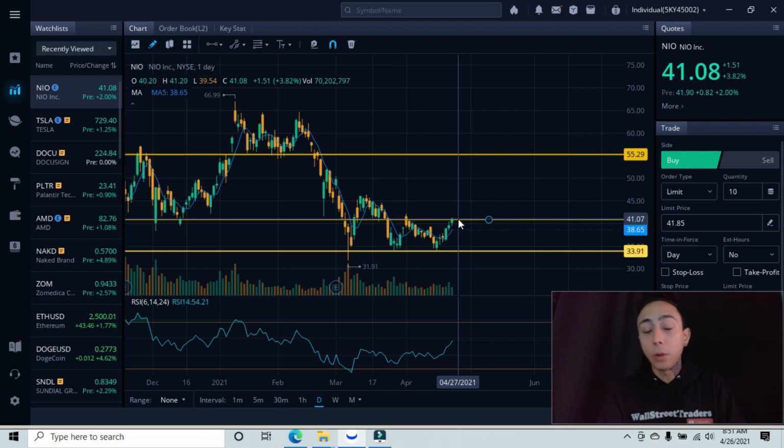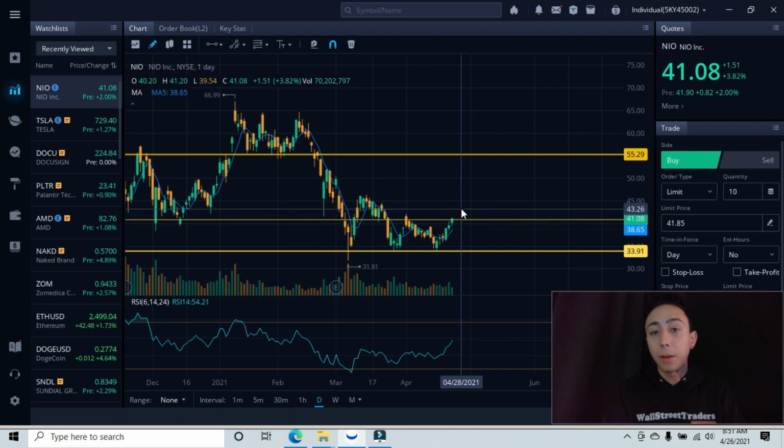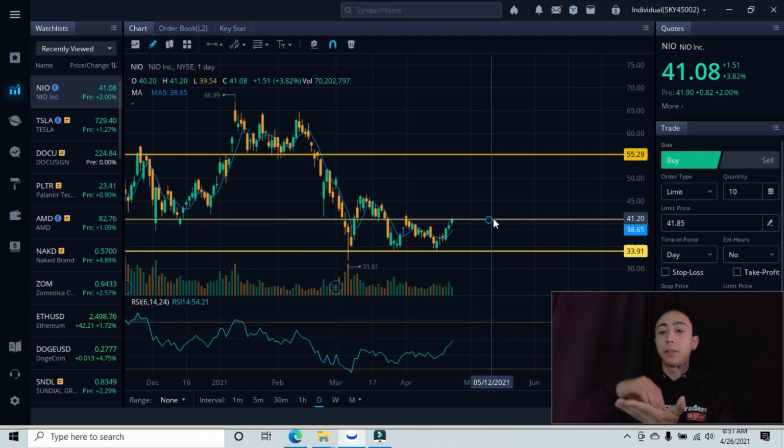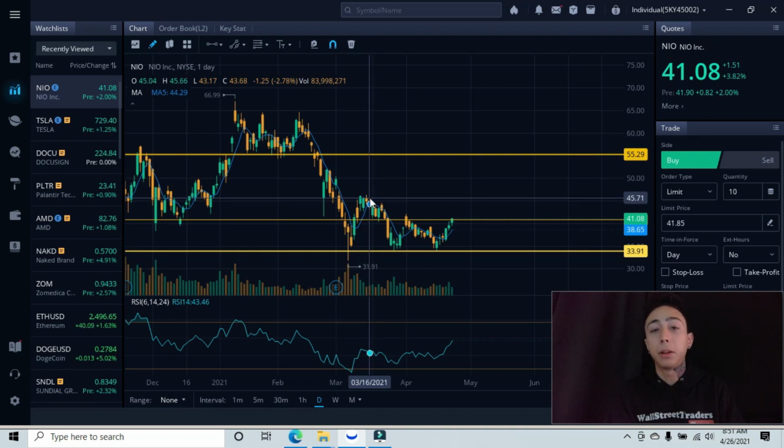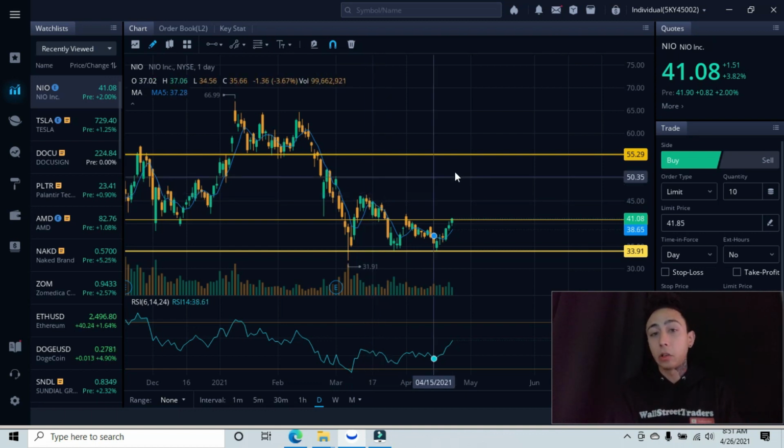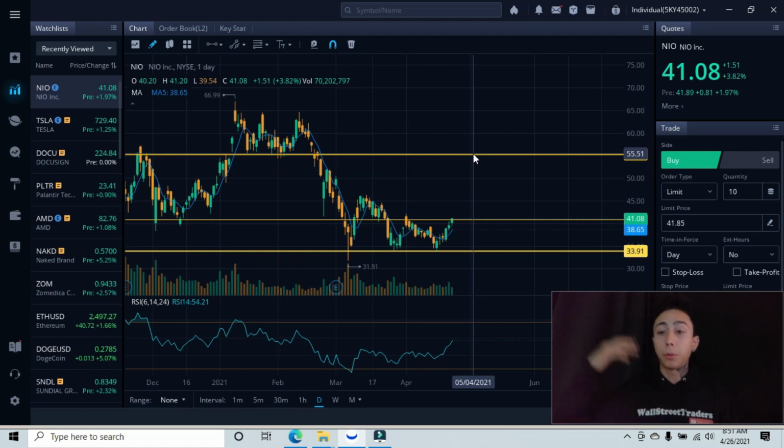And so that way we know that we have a potential to break above this. If we do, wait for it to pull back down and retest it as a floor. So if we can break above this and pull back down onto that $40 level or the $41 level, have your stop loss on the opposite side of this minor resistance. And then your first target would be at this top over here, which would be at the $45 level, and then ultimately your main target would be back up here at the $55 level, that being at the previous highest